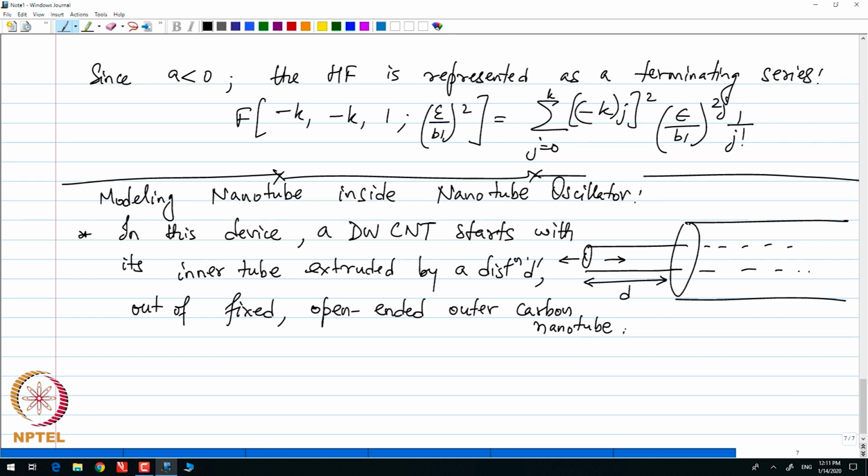Okay. So, which means that the moment we pull out the inner nanotube, we expect that the van der Waals interaction energy, or the van der Waals force generated due to this pulling out effect, is going to suck the inner nanotube back into the outer nanotube. However, due to inertia, the motion will continue inside the outer nanotube, and the inner nanotube will go partially out from the other end, and then due to inertia the motion is going to again repeat and we will get a cycle, or the oscillatory cycle.